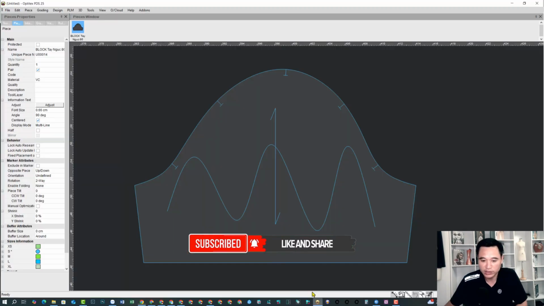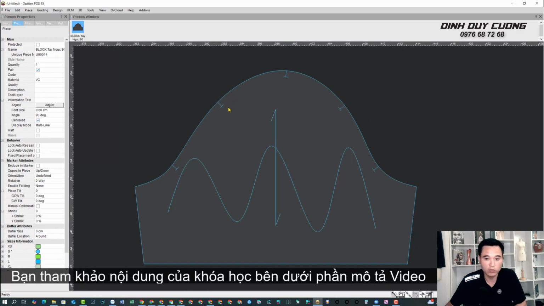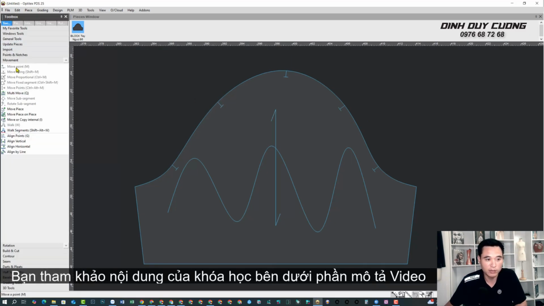In today's video, I will answer a question from a student, and I am recording this as a video to share with you all. The student asked this. Among all the details on their product code, they couldn't see any point at all. And when adjusting the details, the curves and these points, they couldn't use any command. For example, when using the move points command with the shortcut key M, they still couldn't use it. And even when they went into these icons, all of these icons were also grayed out. So the reason for this is that they had turned off all the points on this detail.